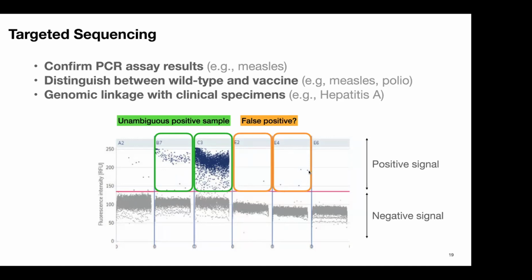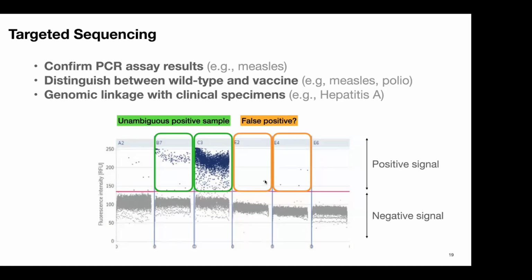But if we have this kind of result, it's pretty hard to say, is it a false positive or is it actually detected? And one of the ways to validate if these signals are legit or just false positives is to try to sequence them. And our partner in Colorado was able, not for us, but for another lab who only had one positive partition, to sequence the measles genome. And that's